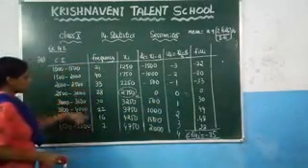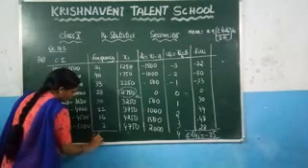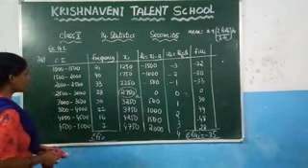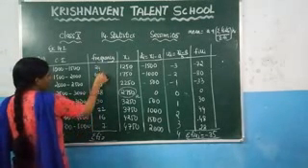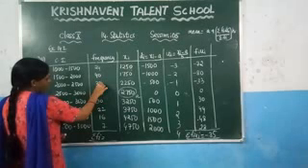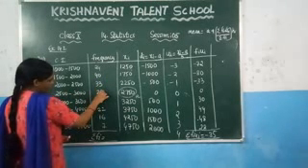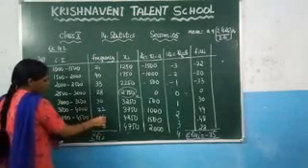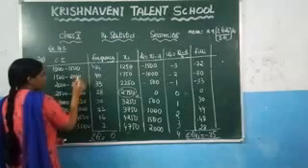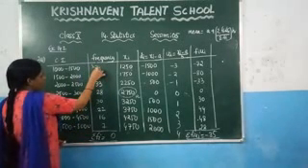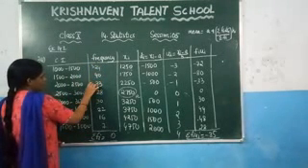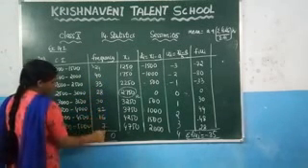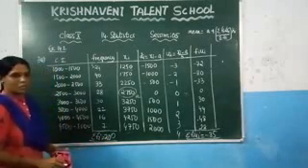Now here what we need to find? You need to find the value of sigma fi. How do you find the sigma of fi? Just you need to add all these values. So add it, what you will get here? 4 plus 3 which is 7, and after that 7 plus 8 which is 15, 16, 17, 17 plus 7 which gives you 24, 24 plus 6 which gives you 30. Then 3 plus 2 is 5, 5 plus 4 is 9, 12, 14 and 17, 19, 20. So you will get here the value as 200.